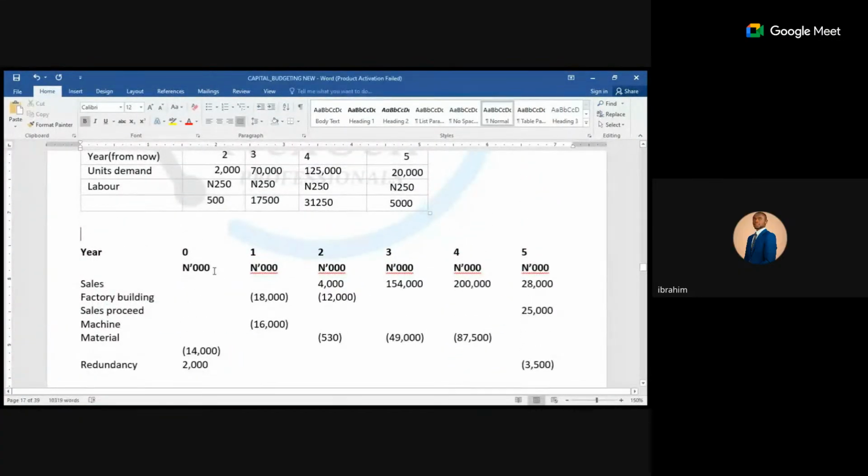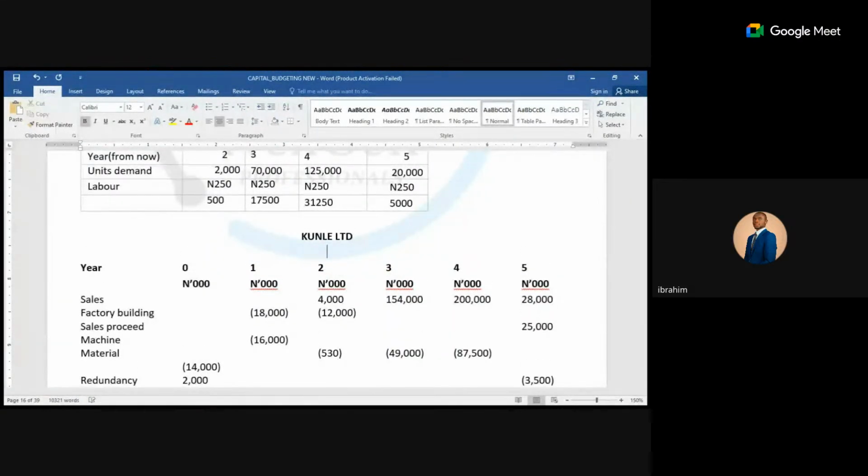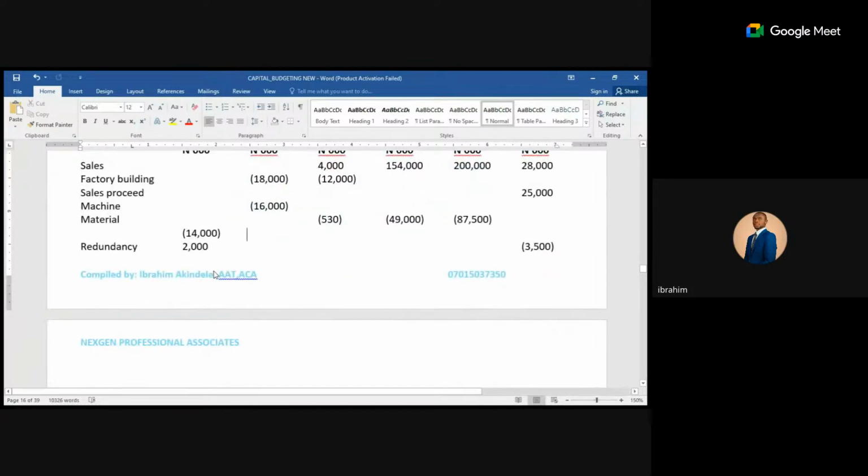But this presentation is actually poor. My apologies for that, I think that day I was not so fine, right? So currently, Limited is not supposed to be like this. It's supposed to be Kenny Limited, Determination of Net Present Value. So this is supposed to be the presentation. You have to present your work this way, please. It is very important you present your work like this.